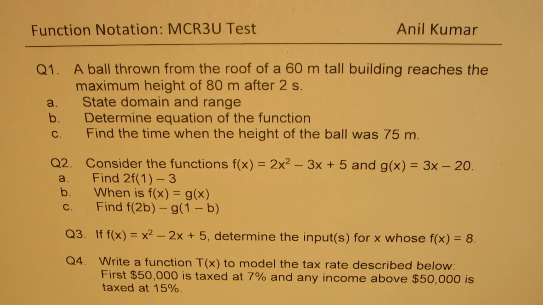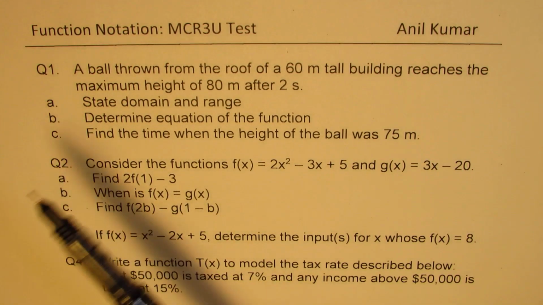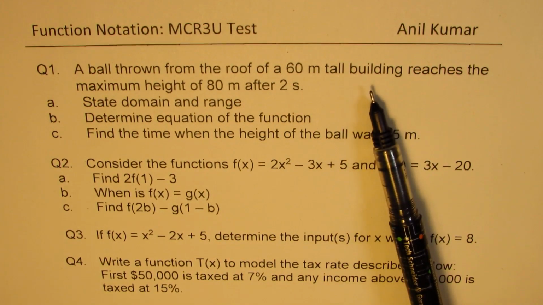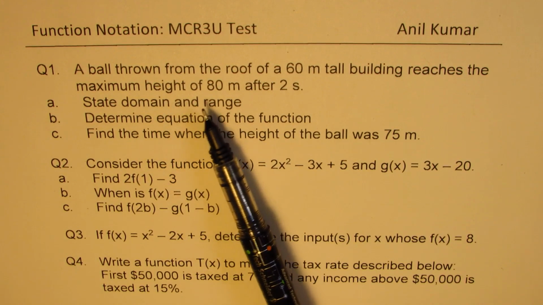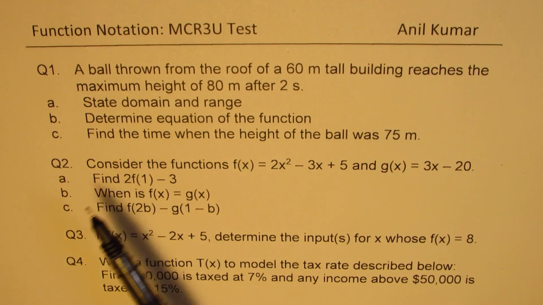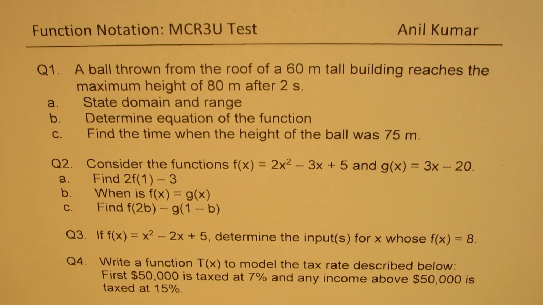In this video, we are going to discuss 4 test problems. This is a prerequisite for calculus. The questions here are, question number 1, a ball thrown from the roof of a 60-meter tall building reaches maximum height of 80 meters after 2 seconds. State domain and range, determine equation of the function, find the time when the height of the ball was 75